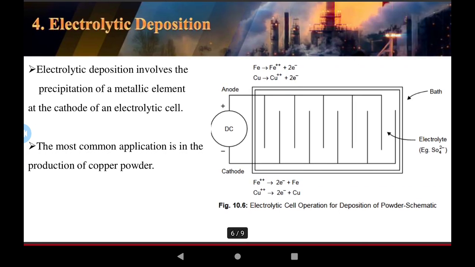The electrolytic decomposition. This is a process, an operation required for the chemical reaction, for making the powder. The electrolysis decomposition involves the deposition of the metallic element at the cathode in the electrolysis. This is the AC power. This is required for the DC power of the